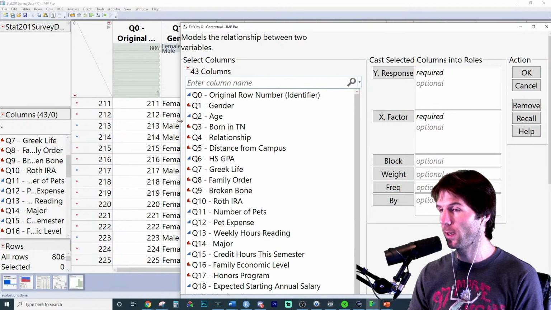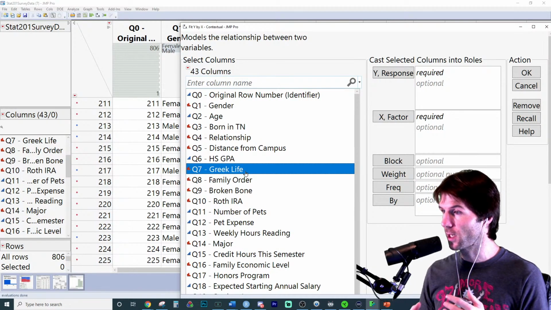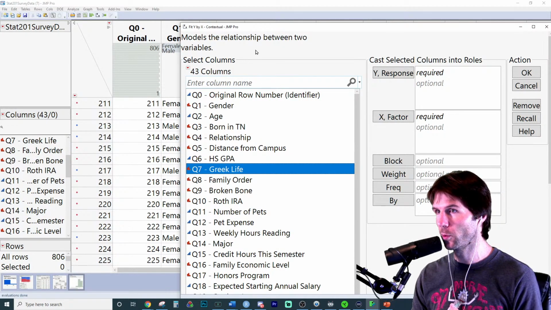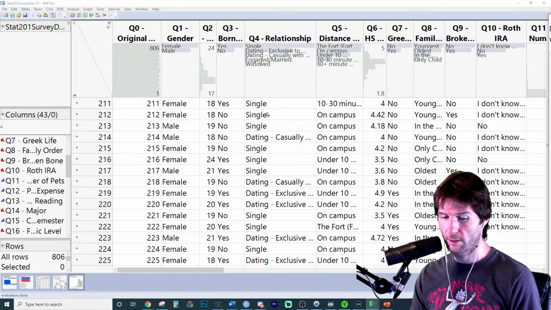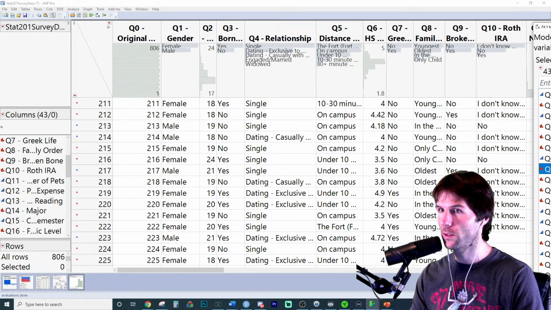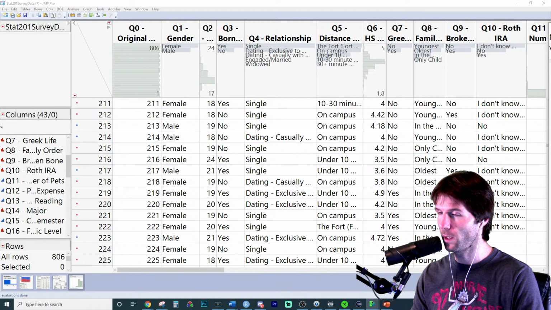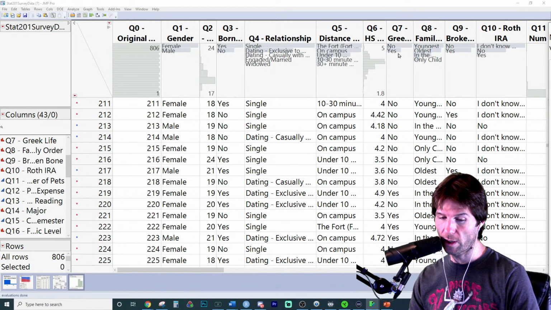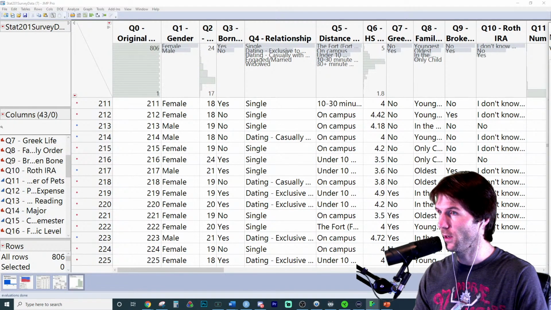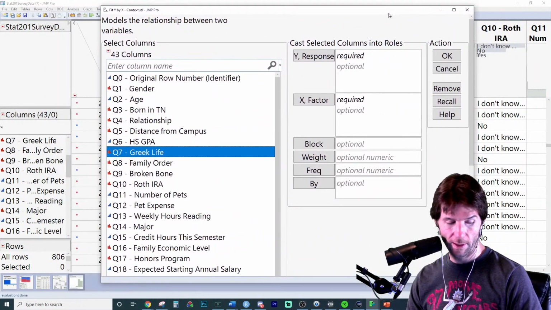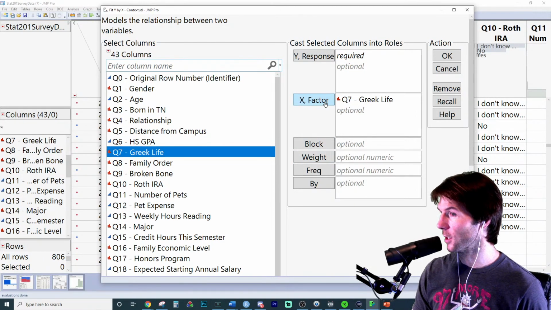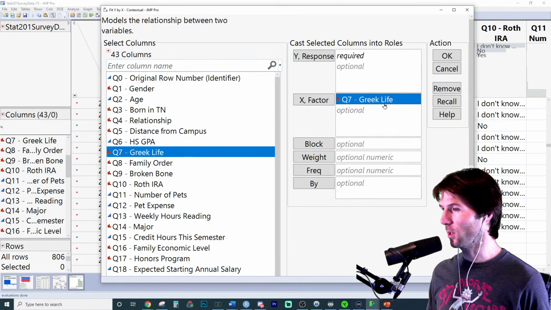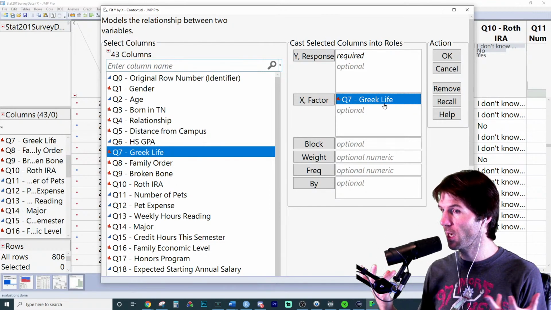So we want to go here and choose something like Greek life. This has 2 groups, the yes and the no group. There's Greek life right there. It's blocking on my screen a little bit. We got Greek life, yes. We got Greek life, no. There's more individuals in Greek life, no, but that doesn't really matter right now. We're just going to put this here as the variable. This is our 2 samples: a sample from Greek life, a sample from not Greek life.